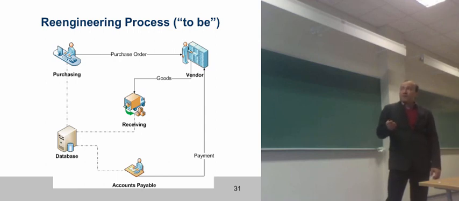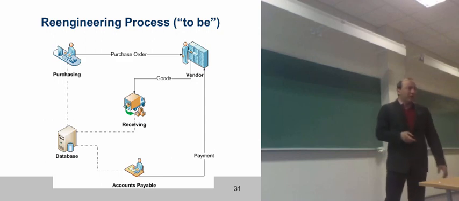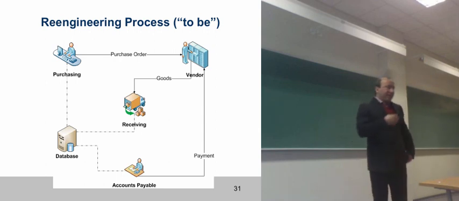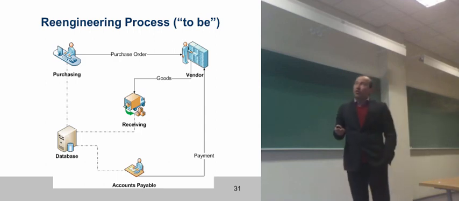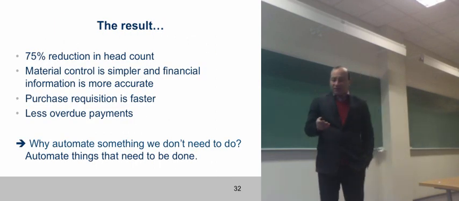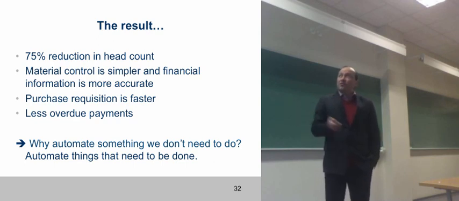This system is called evaluated receipt settlement, which means that you pay on receipt. Not necessarily the same day, but maybe with a delay of about 1 week or so. So you pay in a very predictable, timely manner on receipt. Everybody knows the receipt was done, was recorded, there was a printout made that it was done, and things are kind of quite orderly, and you eliminated a lot of redundant information that was causing the exception, that was causing the work, and that reduced 75% the headcount in